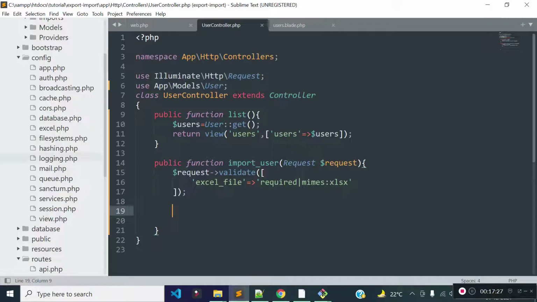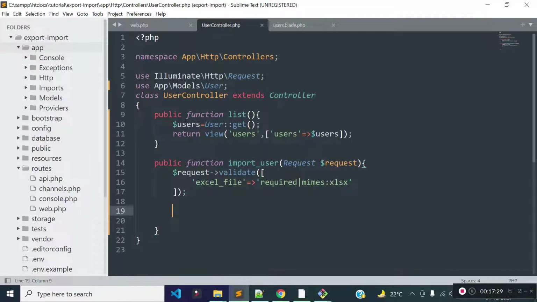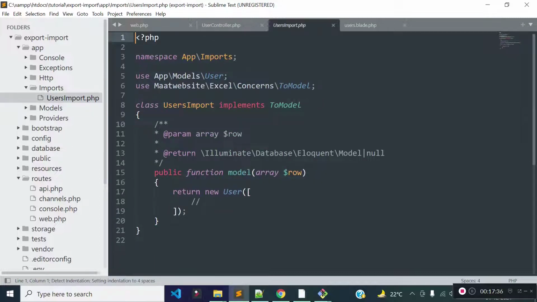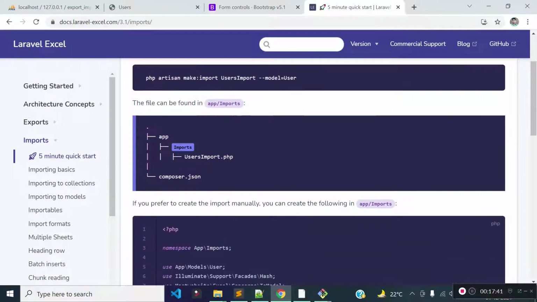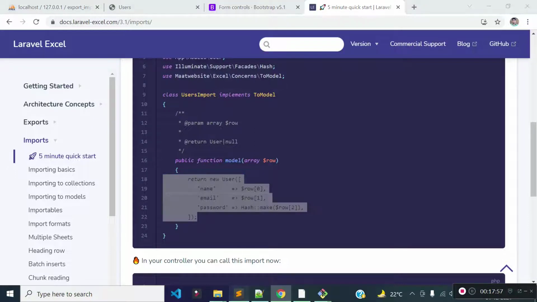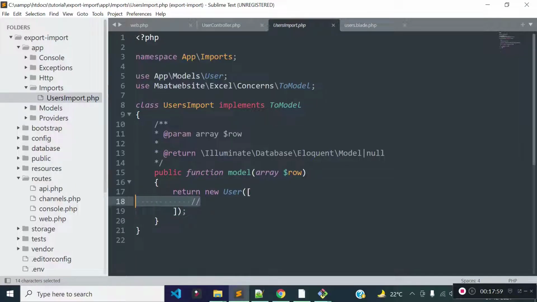This will generate a new folder inside our app folder. You see we have a new folder Imports, and inside this Imports we have a new import file, UsersImport.php, right? And then what we need to do is add the user data to our users table. We'll get the list of user data in this $row. Okay, so if I copy this code and paste it inside our code,